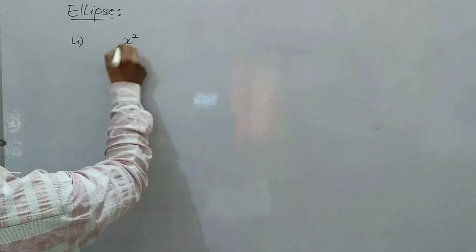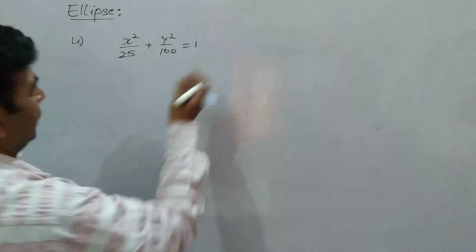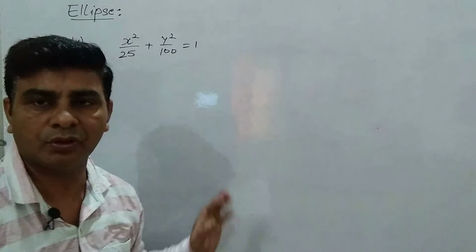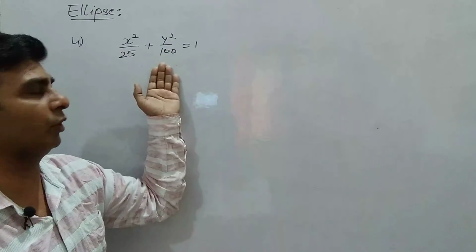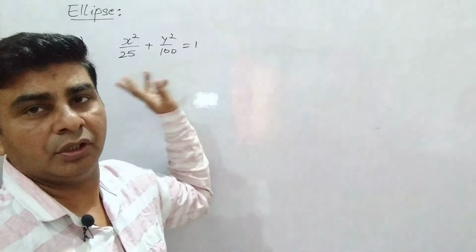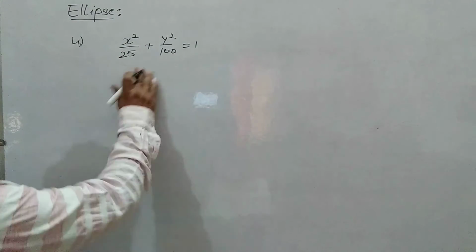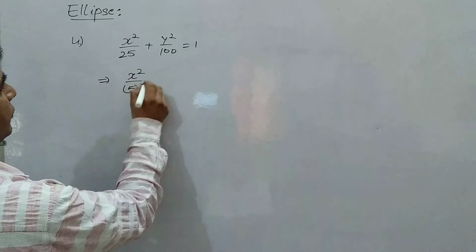Let's do question number 4, which is given by x square by 25 plus y square by 100 is equal to 1. It is very clear from the equation of the ellipse that this is a vertical ellipse. Why? Because here the bigger value is below y. I told you that the bigger value lying below a coordinate will be along that axis. If it is below y, the bigger value is along y, and if the bigger value is below x, our ellipse will be along x. So first of all let us write it down in standard form, which is given like this.